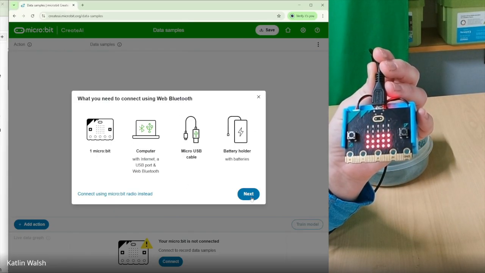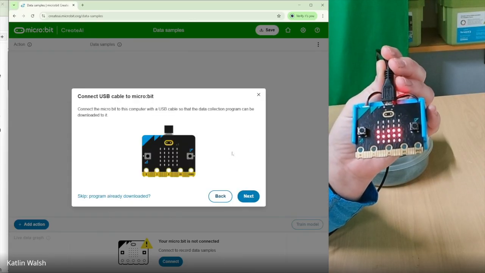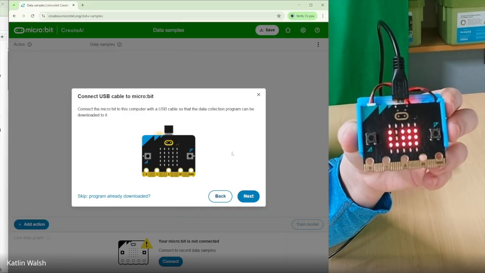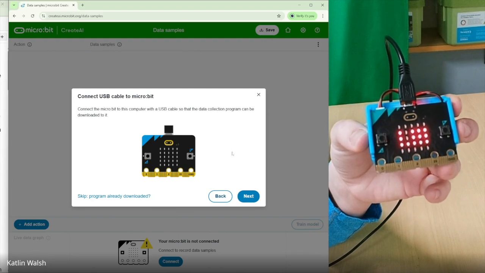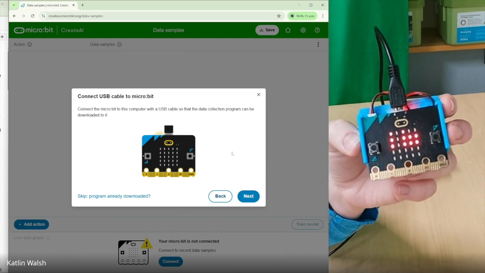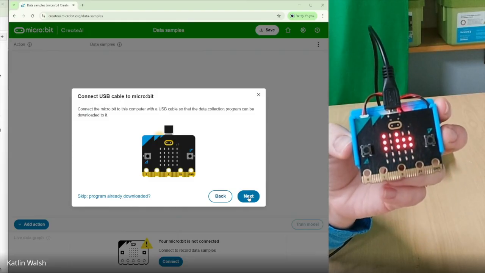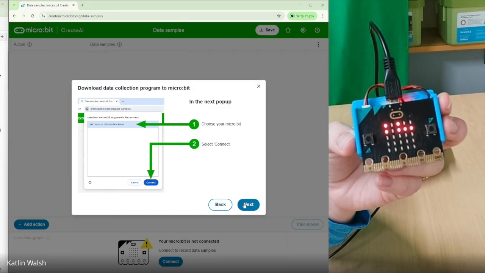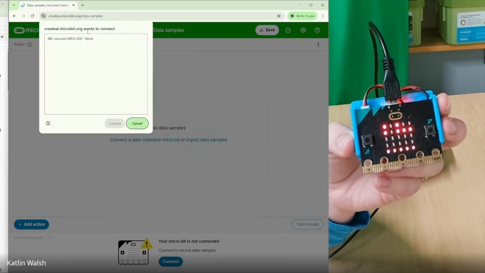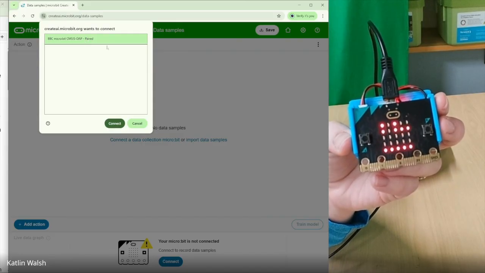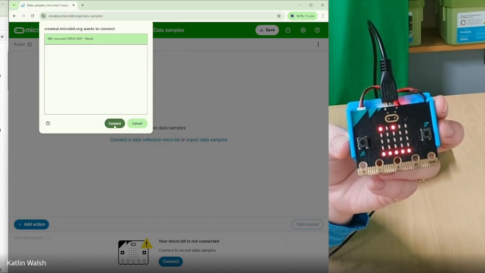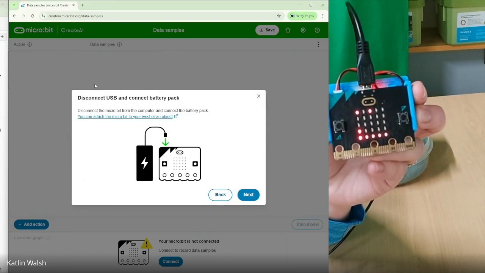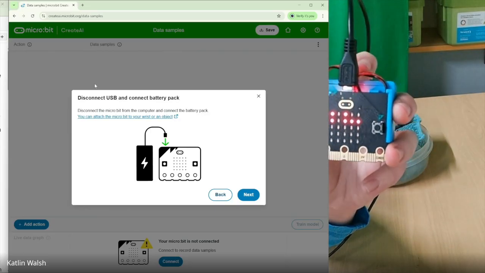I'm going to click on my Next button, and I'm going to have a little animation. So I've already plugged in my microbit to my device with my cable, but if a student was following along in a classroom, this is a helpful animation that can get them on the same page as you. So let's click Next, and we'll see a pop-up. So we're going to click on the device. I'll click on the Next button, and I say, Create AI wants to talk to our microbit. So I'll click on that device, and I will click Connect. Okay, so now I have a window. I've successfully connected my microbit. I can disconnect it, and we're going to